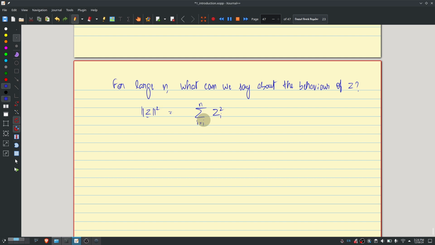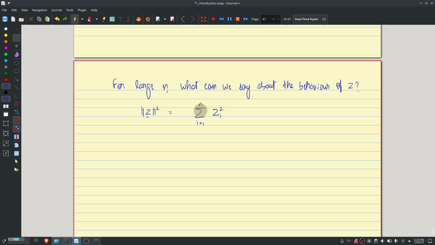Yeah, it's Gaussian with zero mean and variance sigma square, right? So this is a sum. What can you say about z square? Z is Gaussian, right? So what can you say about z square? It's a chi-square distribution with how many degrees of freedom? The sum will have n degrees of freedom.